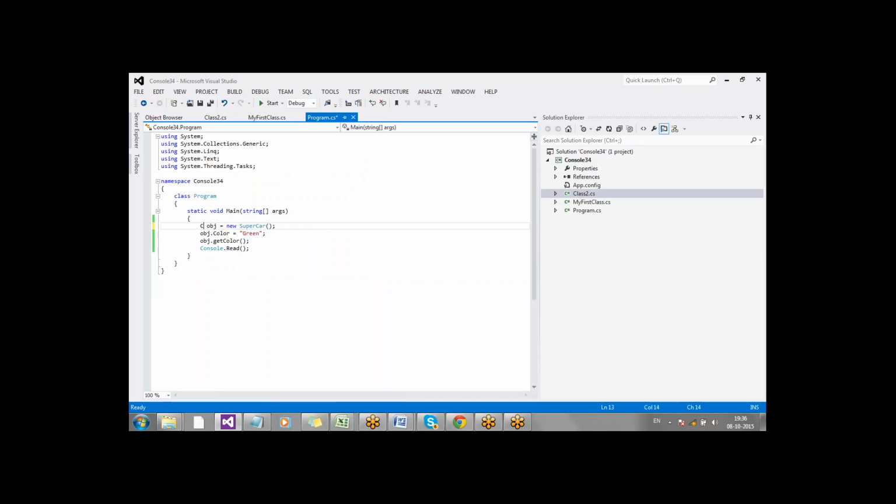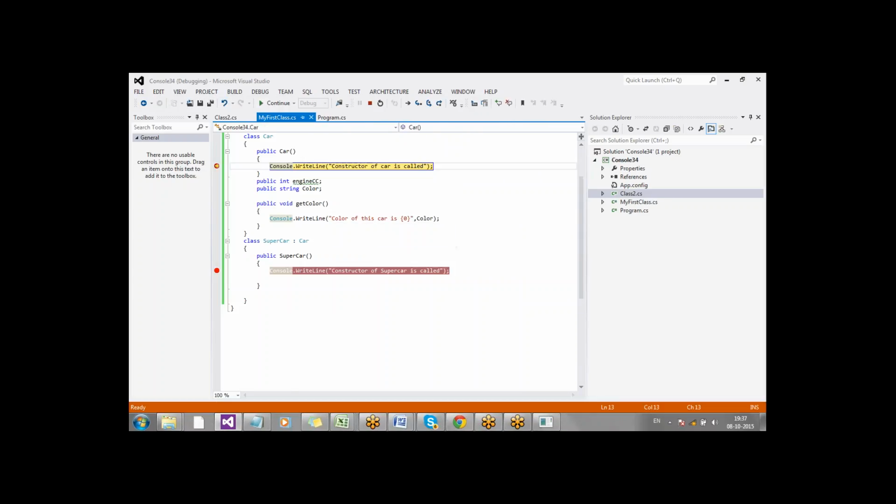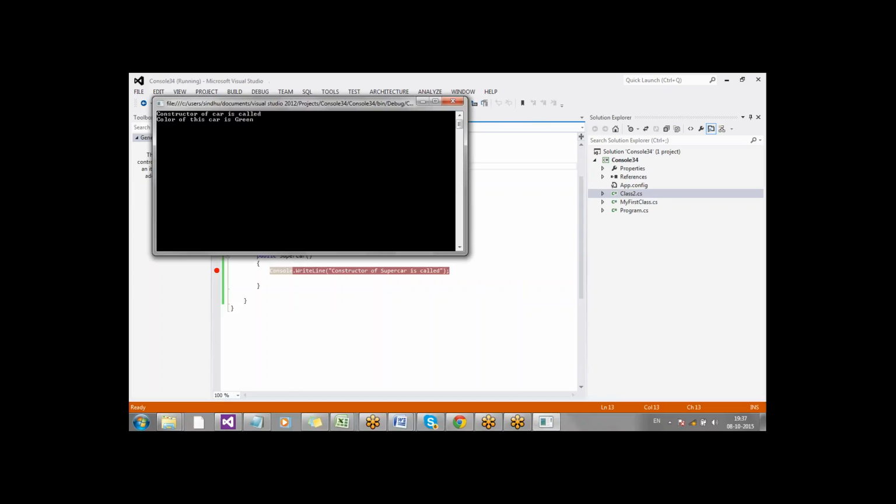Understood? If I create an instance of car, which constructor would be called now? Which constructor would be called? Here. Good.